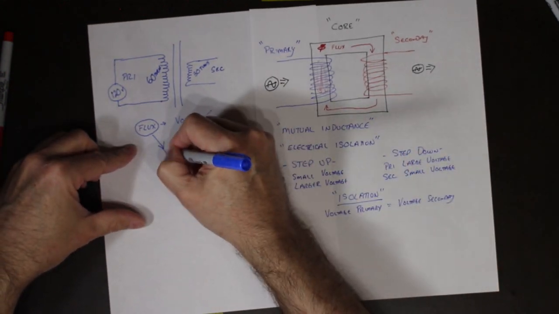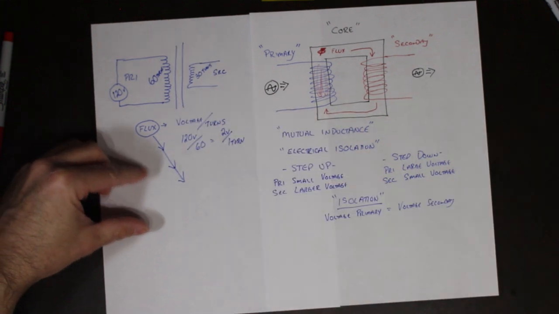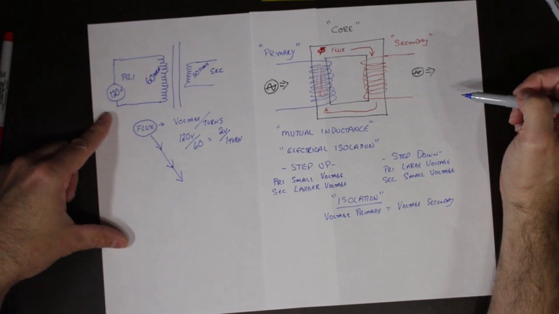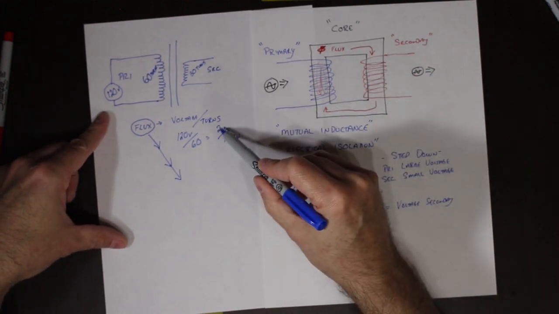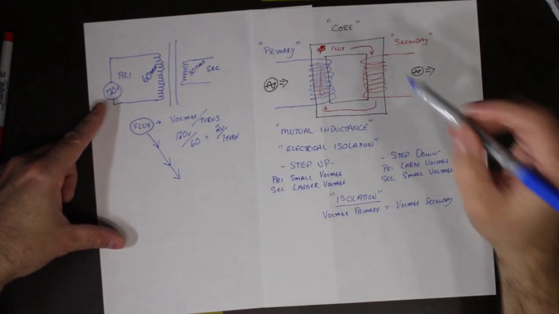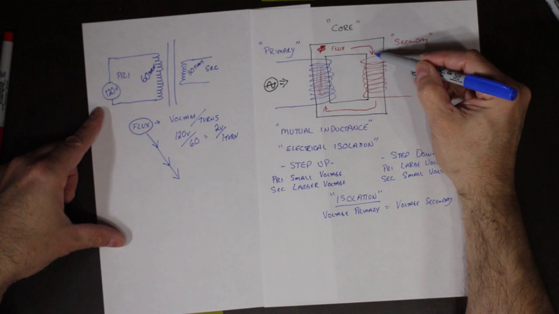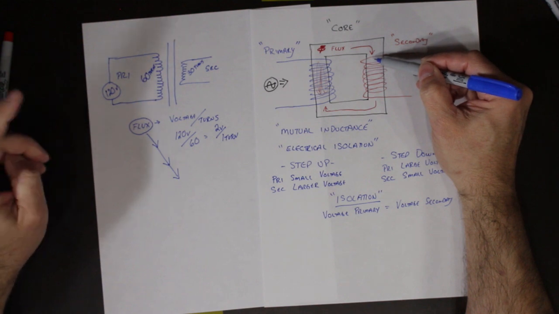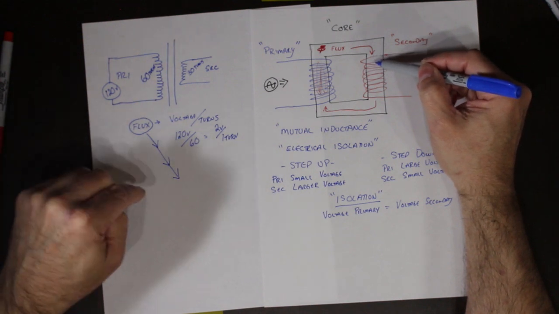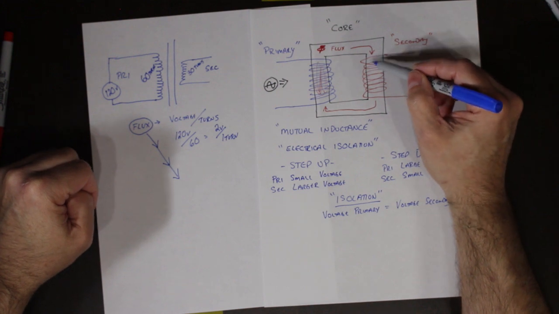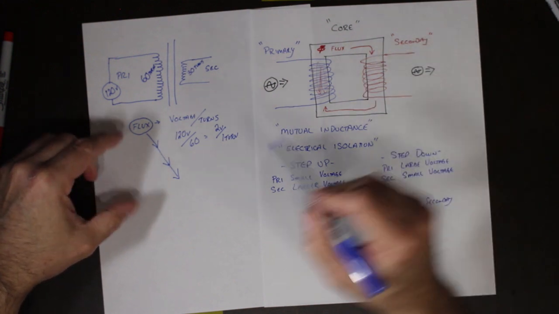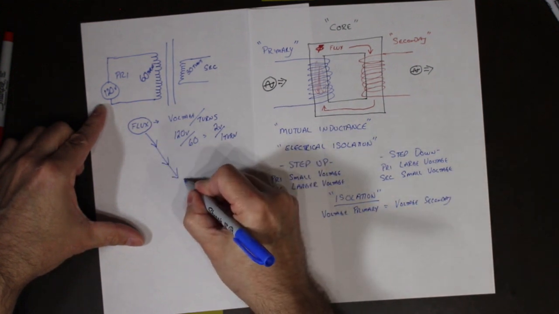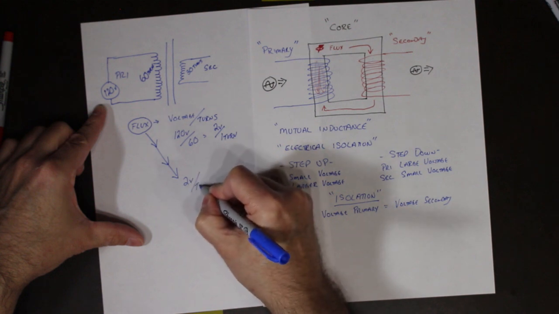Now that magnetic field flows through the core and finally gets to the secondary. The strength of that flux was based on 2 volts per turn. What do you think is going to happen when that magnetic field, or that flux, flows through this winding at the same strength? It will induce a voltage on this coil based on this strength. So the flux is flowing through at 2 volts per turn,